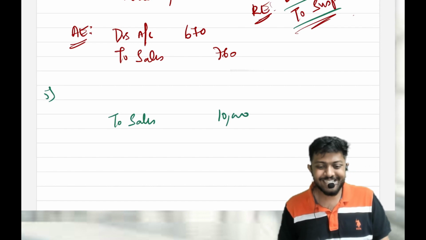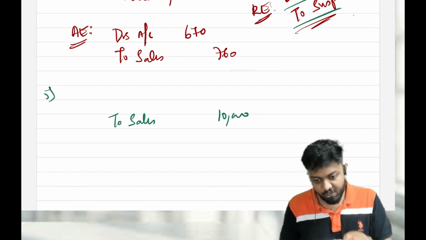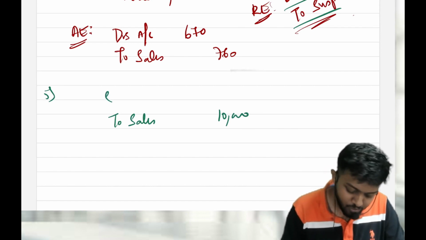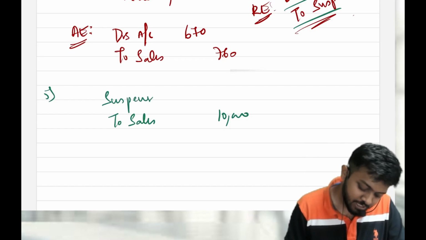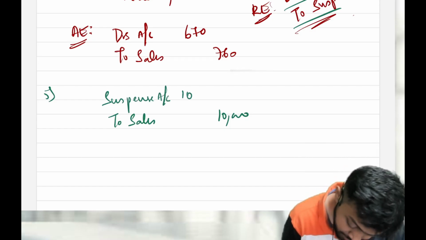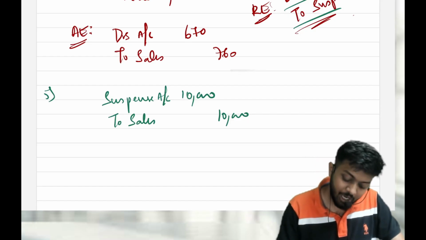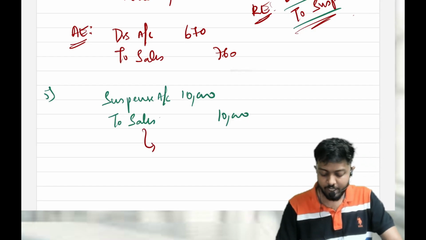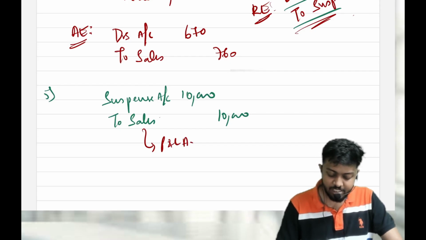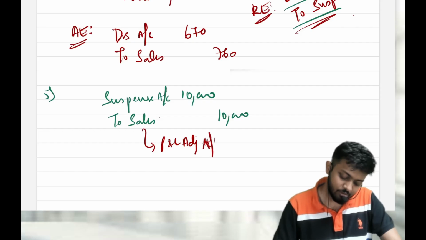Debit what? Debtors? No, they're telling only about the sales total. Others will be posted correctly. So I will use suspense account, 10,000. But since we are finding out this error after final accounts, if there is any nominal account, instead of the nominal account, I will use P&L adjustment account. Don't forget this, okay? Very important.